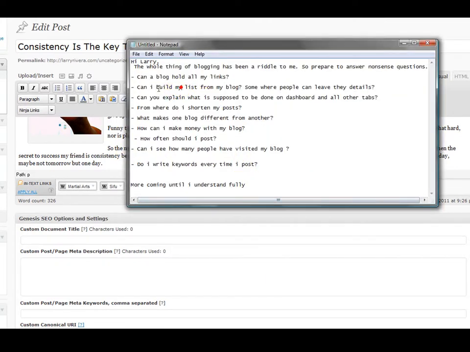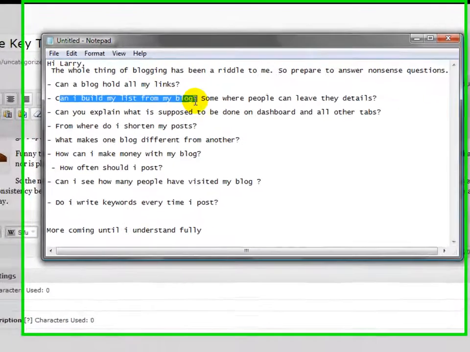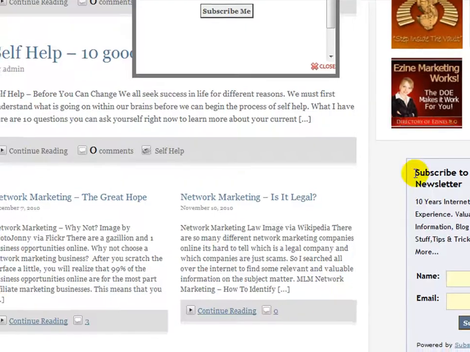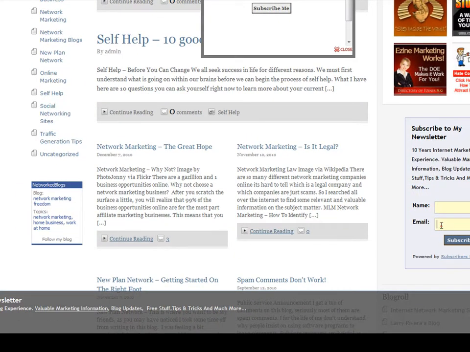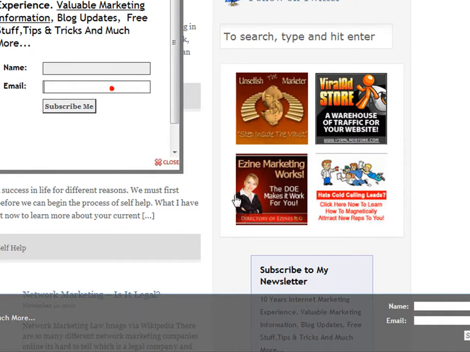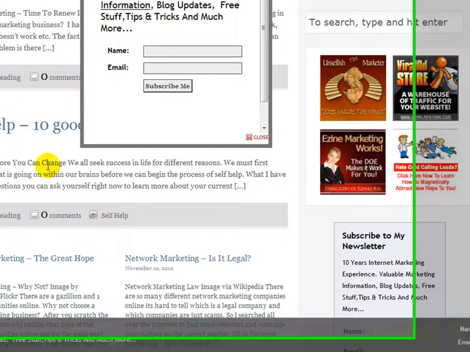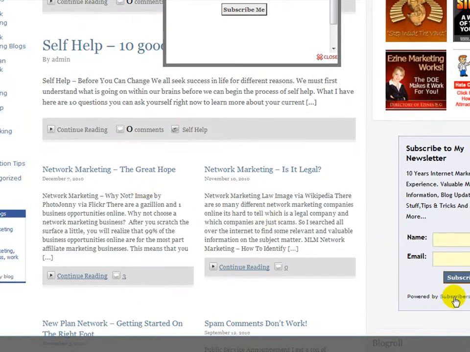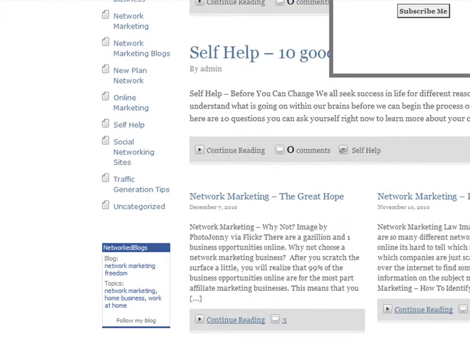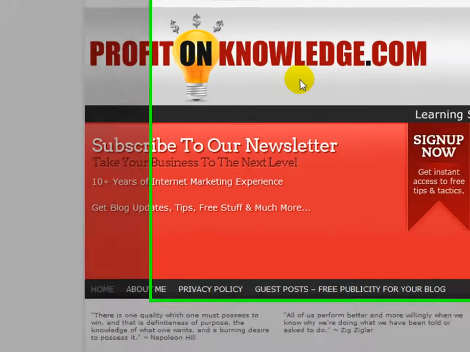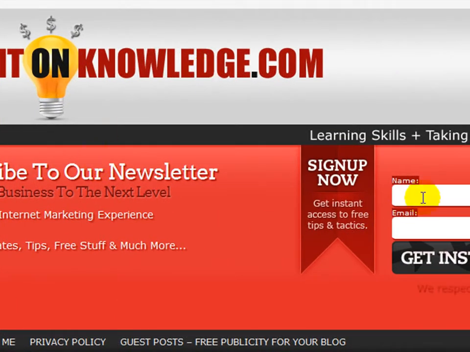Next question: can I build my list from my blog where people can leave their details? I believe what she's talking about is these little opt-in boxes you see. There are a dozen and one ways that you can put opt-in boxes on your blog. This happens to use Subscriber Magnet. I have another blog here that uses, and this is the one you're probably familiar with, the Profitable Knowledge blog. This one actually has opt-in boxes built into the template theme itself,